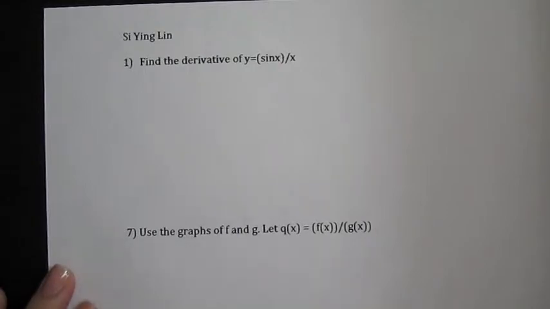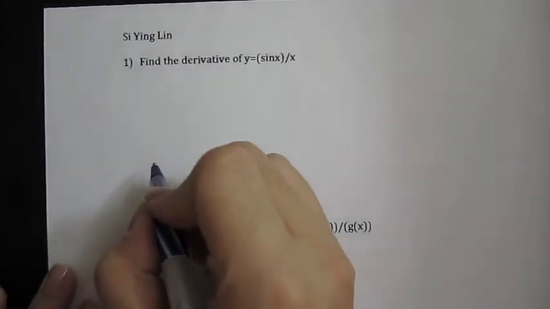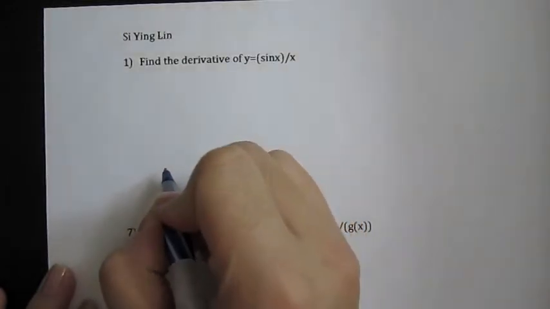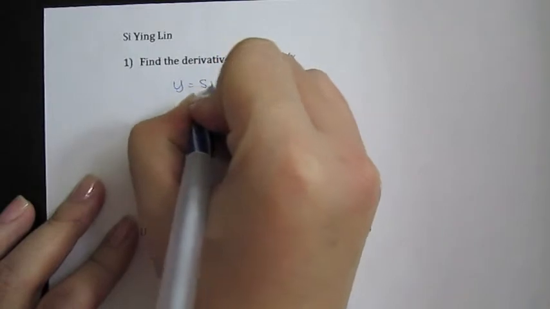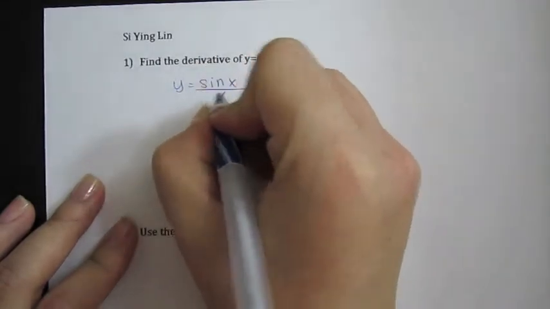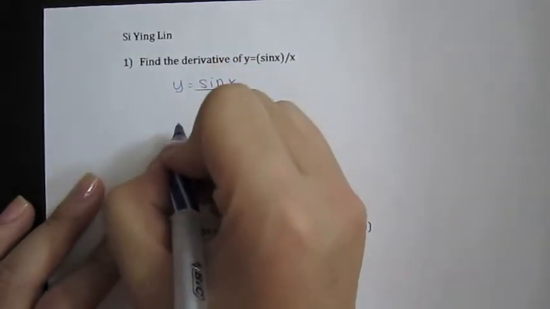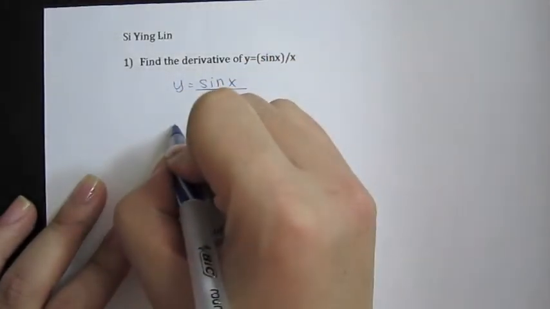marking period 2. The first question that I got wrong was number 1, which is find the derivative of y equals sine of x over x. To find the derivative, we must use the quotient rule. The quotient rule is